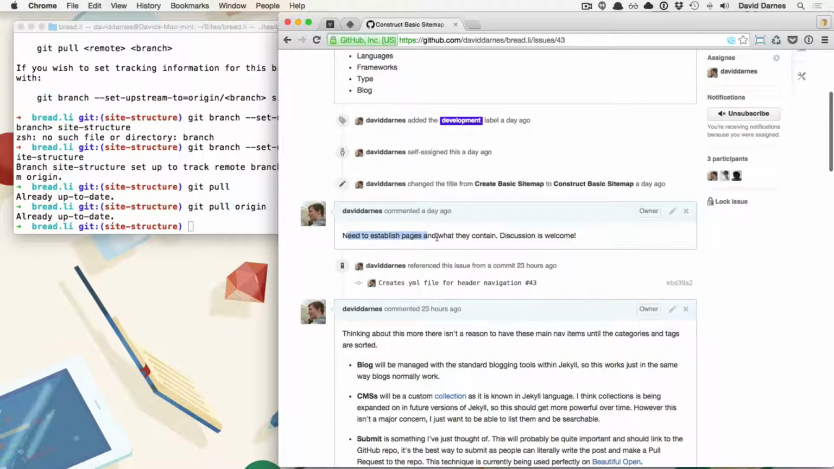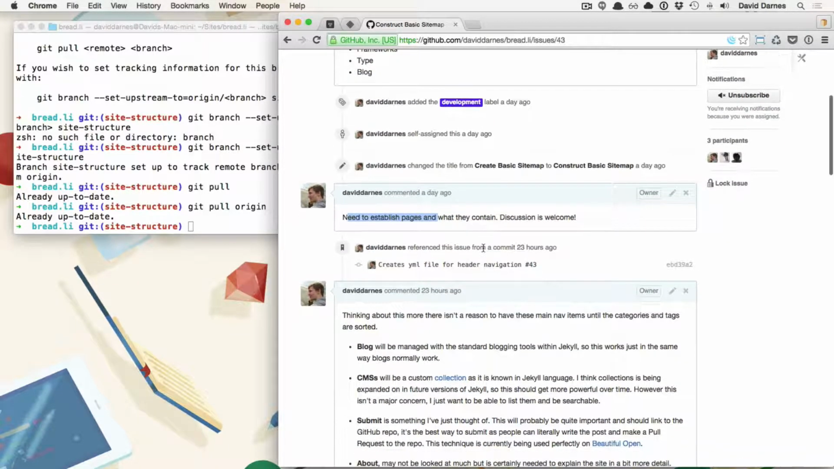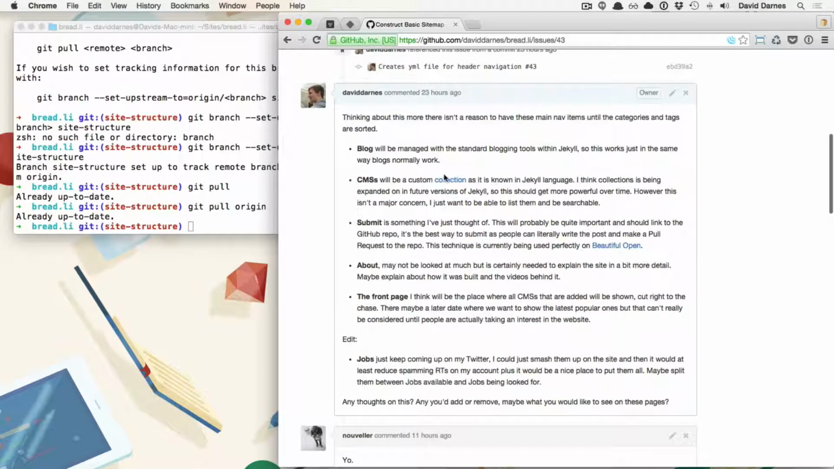Need to establish pages and what they contain, so actually what they do. And then last night, I went into more detail on what each of the sections could be. So we've got a blog, and then we've got CMSs, as in the actual directory, and then we've got a submit. We've obviously got to have a submit so people can actually submit their own CMSs or CMSs they like, and it helps create a